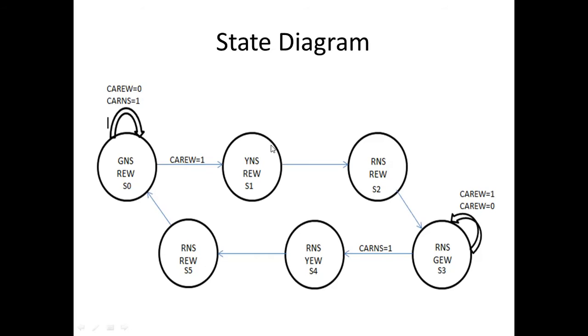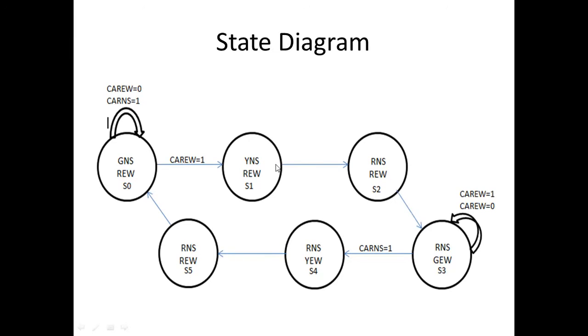So here is the state diagram that I have made off of that. My diagram starts off with north-south green, east-west red, and it stays here as long as there's a car in the north and south direction. And as soon as there's a car waiting in the east-west direction and north-south is 0, meaning there are no more cars left in the north-south direction,